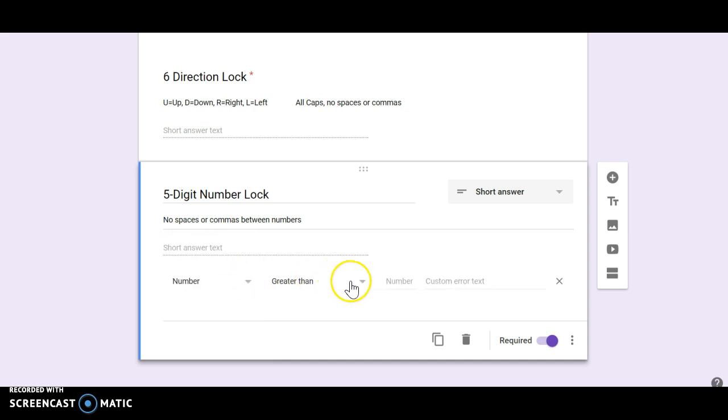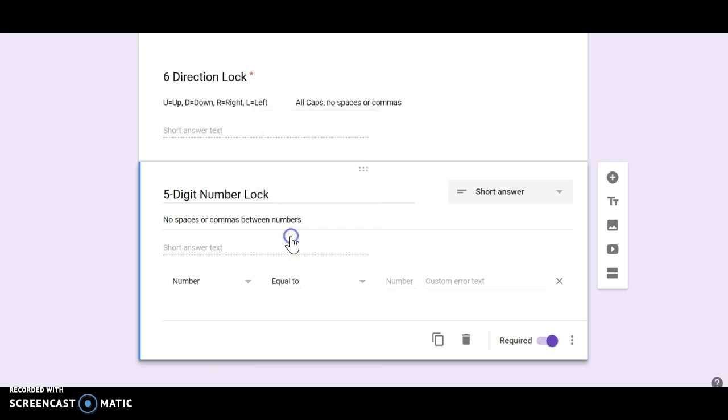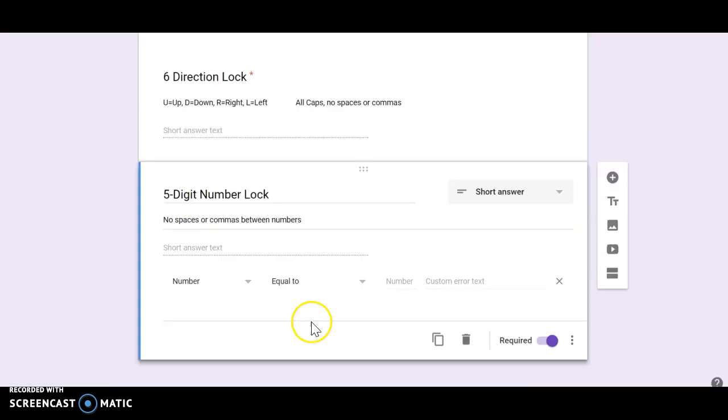Now in this one, notice up here with the letters, we didn't really change anything in this drop down menu, but for numbers, you have a whole lot of options. And you do need to change it to equal to. That way when I put in the number, it has to exactly match or they're going to get the error message. So I'm going to check, here's my number, I'm going to copy it, go back, paste it right there,